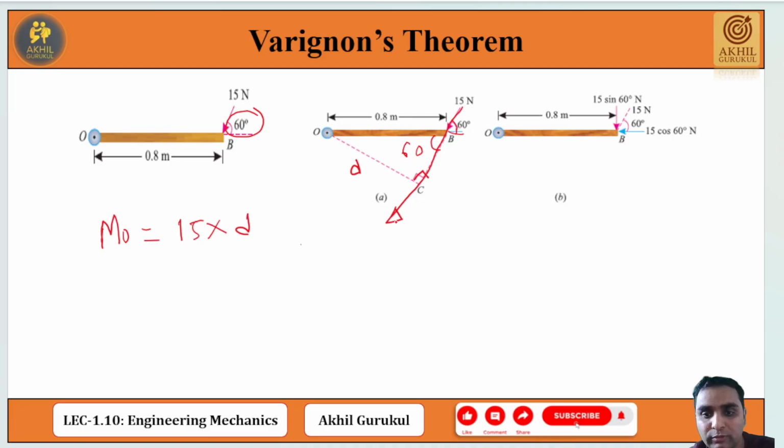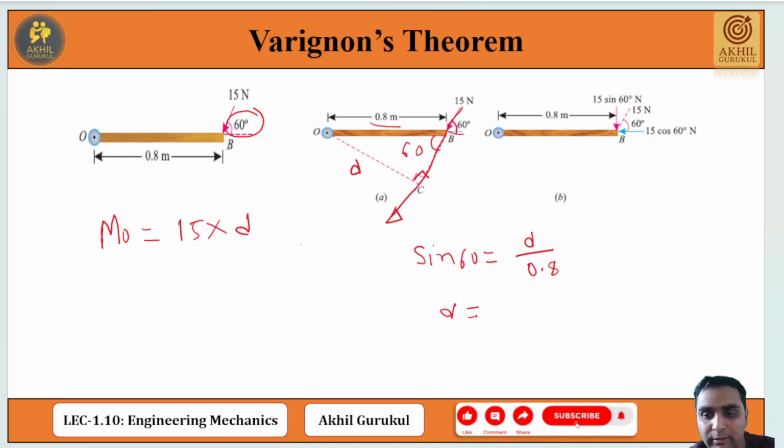So we can use that to find D. Sin theta, sin 60, equals perpendicular divided by hypotenuse, equals 0.8